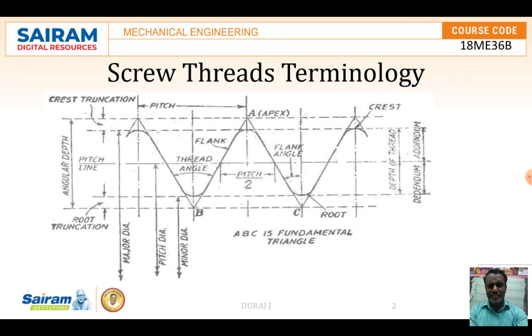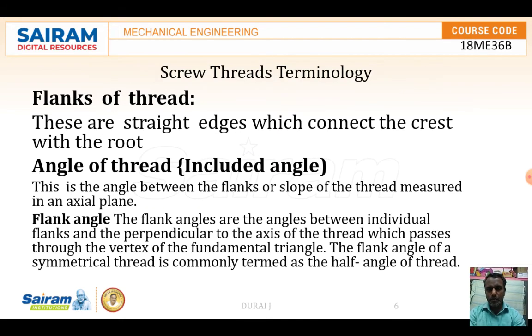So this flank angle and thread angle will be around 60 degrees to 55 degrees. It varies depending upon the different types of thread. The flank angle is from this perpendicular axis to the flank surface. So whatever angle it comes, that is the flank angle. From this flank to this flank, whatever angle it comes is called the thread angle. These are all the points to remember about the angles.